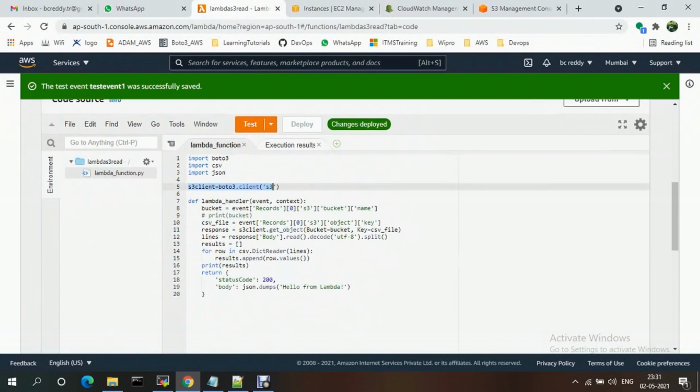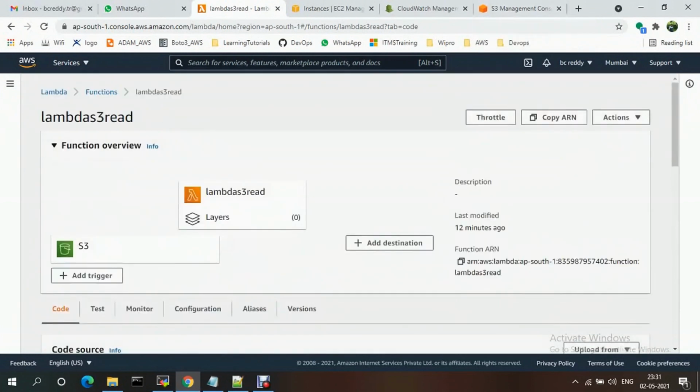Just the bucket name, it is reading the bucket name from this function. Okay, so in the logs itself it will read the bucket name, and the CSV file, it should get that bucket name and the object key value. Okay, bucket and key value. And so using lines, we are splitting and decoding that complete data, and the results using dictionary, so we are getting the data. Okay, like this we can read the data using these functions. Okay, lambda function.